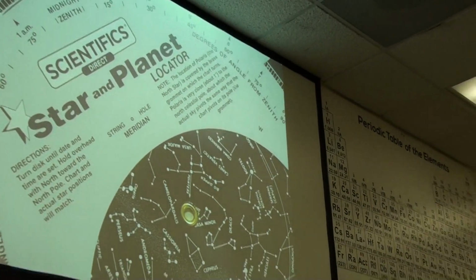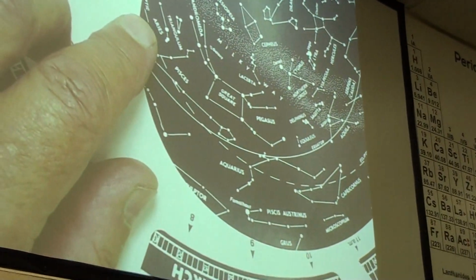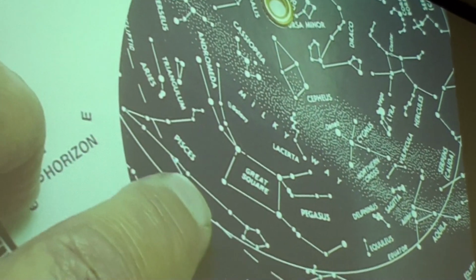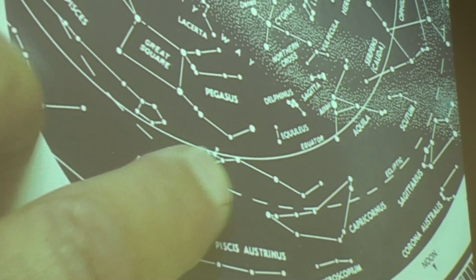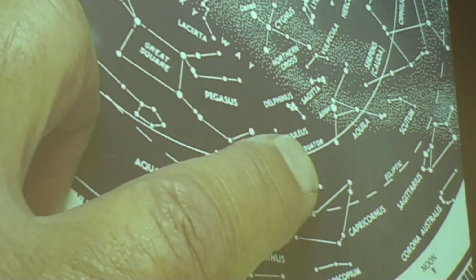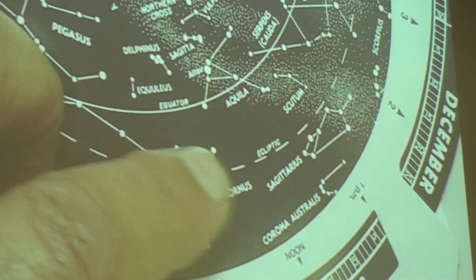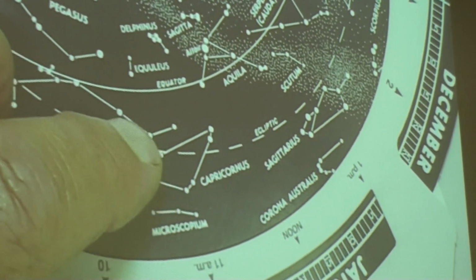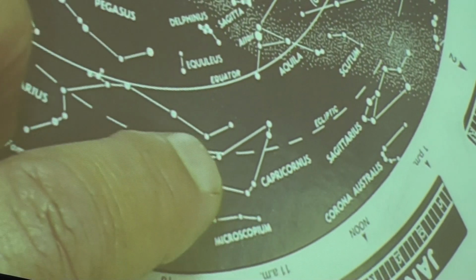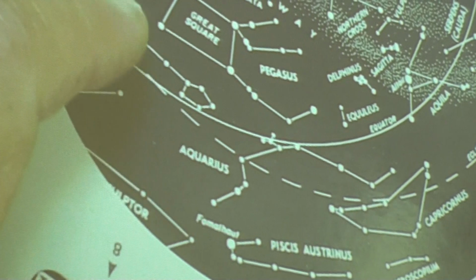And so now, if we look, we see this dotted line here. That dotted line, if we look along it, now it's not the solid line that says celestial equator, don't worry about that. But for this one, you'll see ecliptic along that dotted line. And that contains Capricorn there. This would be Aquarius. This would be Pisces.